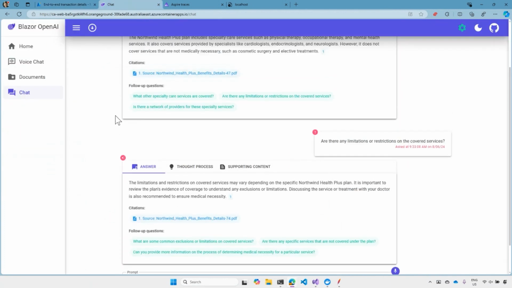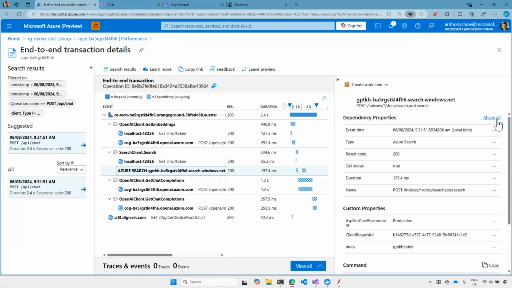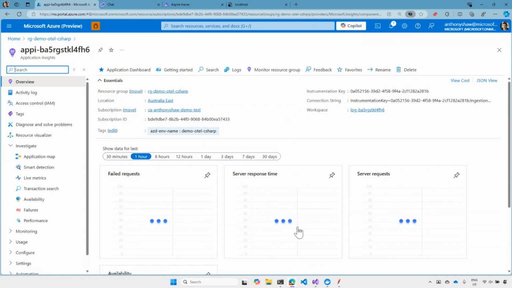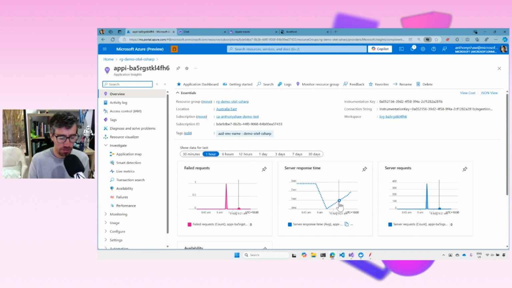So that's my production app, and I can use this to understand what's happening end to end in my request, and then I can also look at particular types of calls. For example, this is my LLM call, and I can go back and look in the application to understand all the times I've called the LLM, what the typical response time is, and what's happening with that application. So that's production, but we talked about .NET Aspire. So I'm going to go back to the slides and talk a bit more about what happens in Aspire.